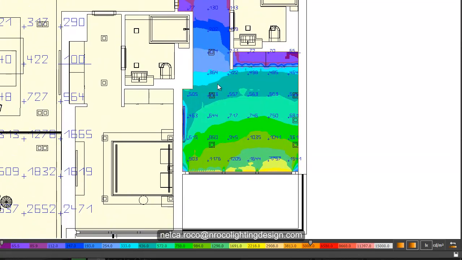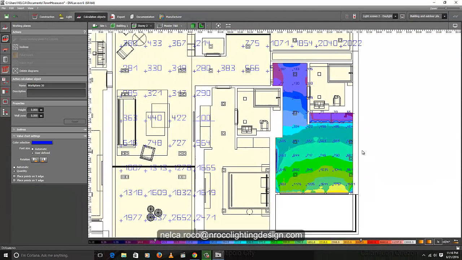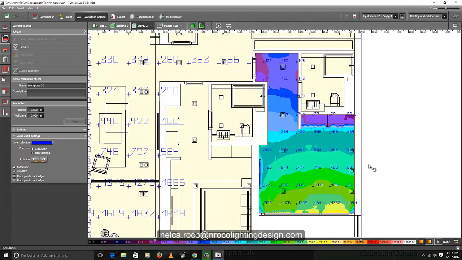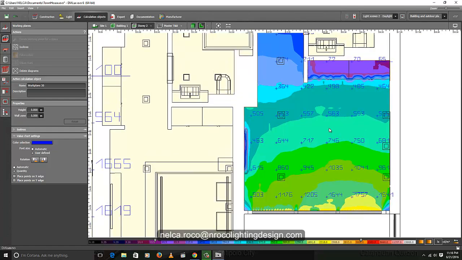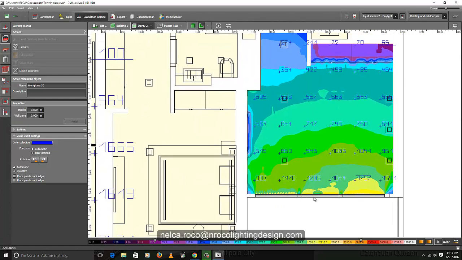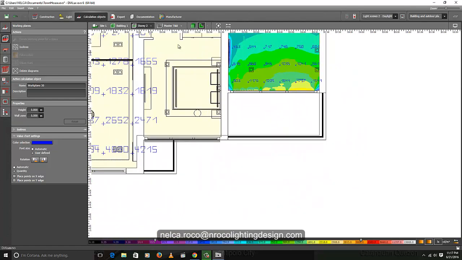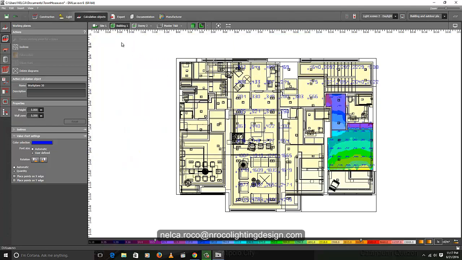So yeah, that's why I told you to learn the basics on how to use DIALux evo first before you run your daylighting calculation. See, it says here that it's 1200 lux. That's too much. So that's why the shade should be there. Even though there is a canopy on that side,